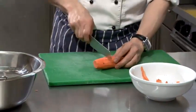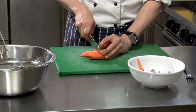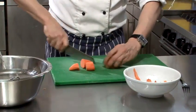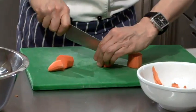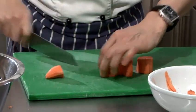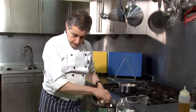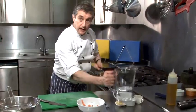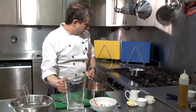And now you want to cut it up as evenly as you possibly can. The reason being that the more uniform the dice are, they'll all cook at the same sort of time. So I'm just going to dice those up, albeit reasonably roughly, and maybe just go into a half there. What then happens is, stick those into a pan, cover them with water, and